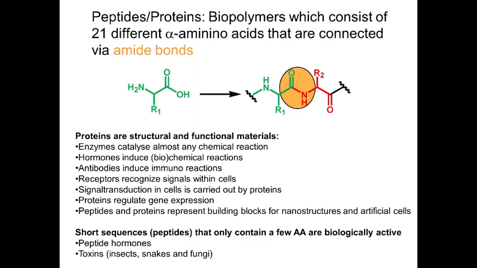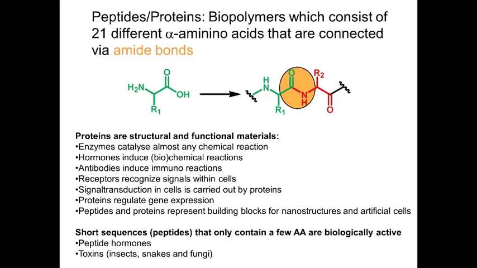Peptides and proteins are biopolymers which consist of 21 different alpha amino acids that are connected via the famous peptide bonds or amide bonds. On the left-hand side in the scheme, you see the amino acid. The amino acid is shown here in green, and on the left, you see the amino group. On the right-hand side, you see the carboxylic acid group, and in the middle, at the carbon atom, you see